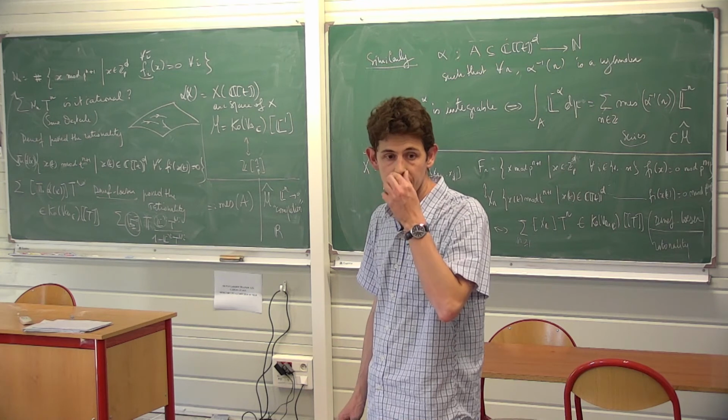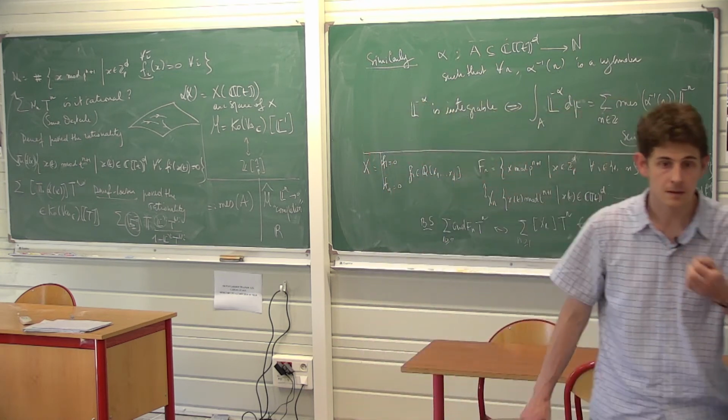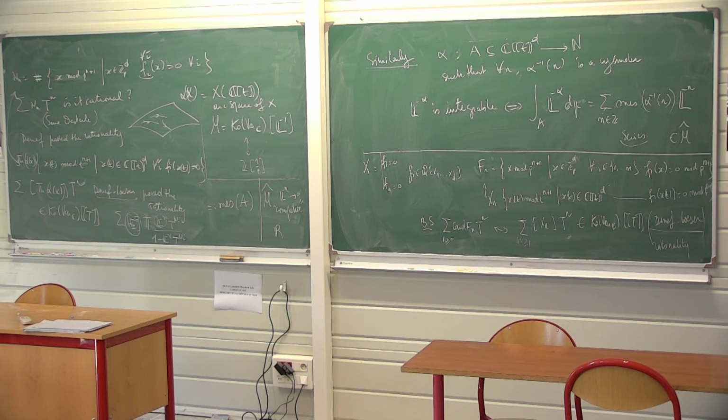So the logic enters in the choice of the definable set. Yeah, exactly. So I will explain what is a definable set in a language, and then using. So the Grothendieck ring also depends on the choice of your kind of definable sets. No. The Grothendieck ring is only for algebraic varieties of a